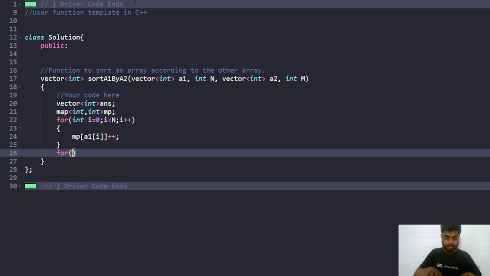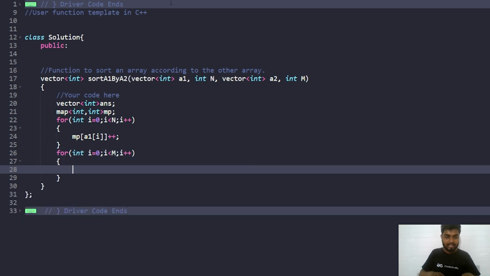So for int i starts from 0, i is going to be lesser than m, and then I will do an i plus plus. So I'm simply iterating through the second array, and I'll say that if map dot find a2 of i, if the second array element is found inside the map, so if it's not equal to map dot end, then what I need to do